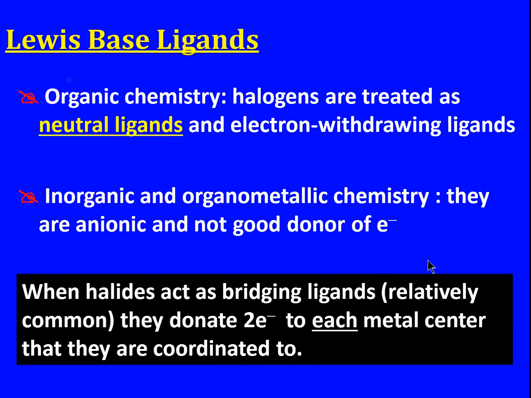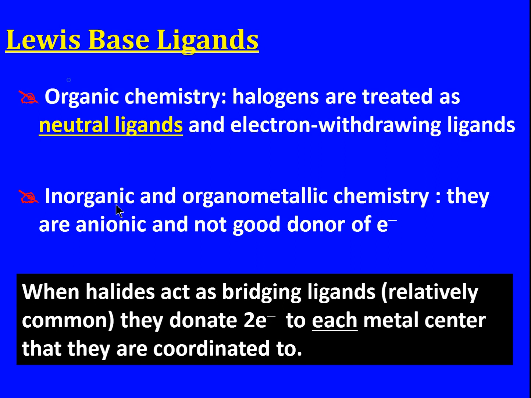To note that in organic chemistry, the C-Cl bond is a sharing of electrons between carbon and chlorine. So the halogens are treated in organic chemistry as neutral ligands and are electron withdrawing. The electrons shared between carbon and Cl are attracted by Cl, since Cl is more electronegative than carbon. But in